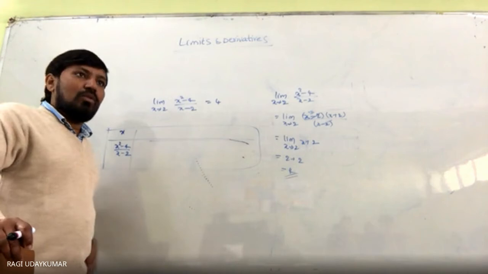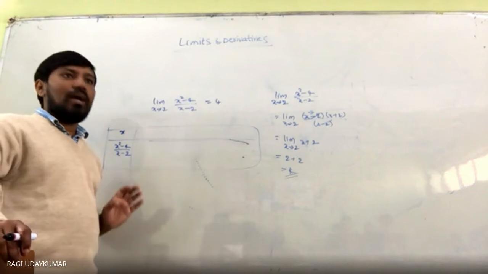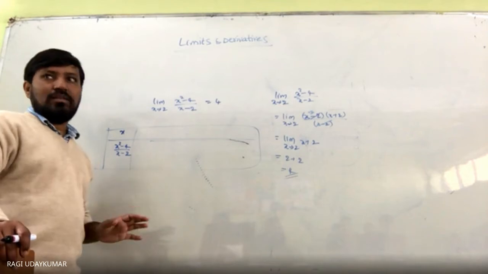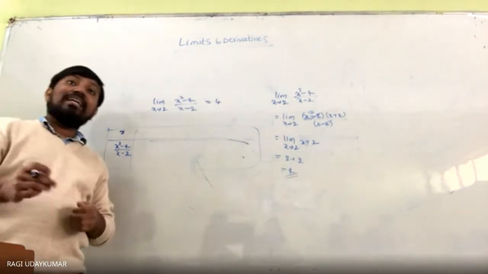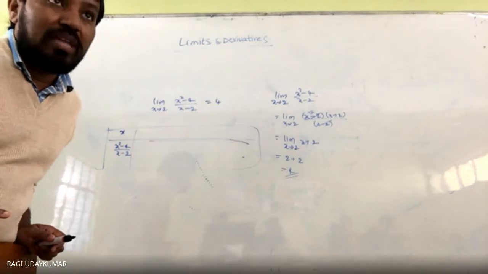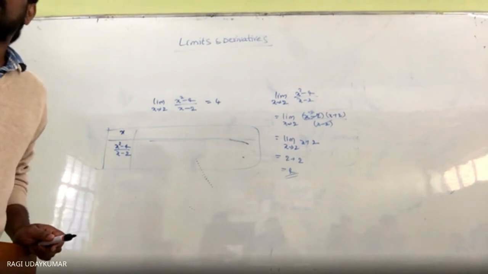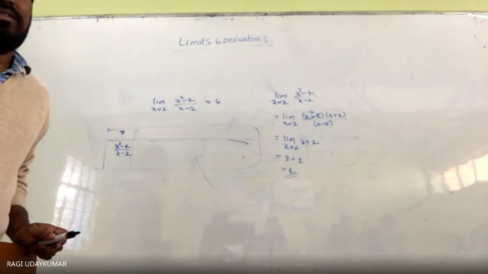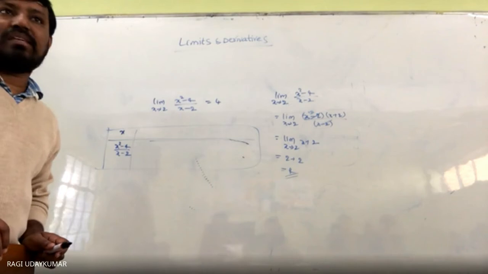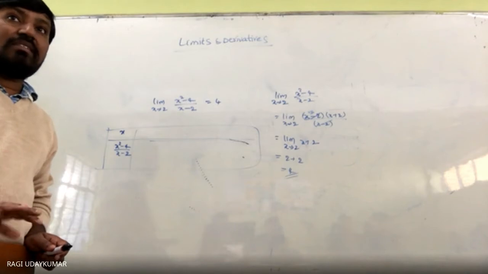After learning the concept, this is how you have to substitute and check it. That's called a limit. So the limit concept is this one. And in the limit you are going to have the left hand limit and right hand limit. Only if both the left hand limit and right hand limit are equal can you say that the limit exists. In some cases, the limit does not exist. So the limit of a particular function at a particular value does not exist in some cases. So in what cases does it exist? If the left hand limit and right hand limit are equal.